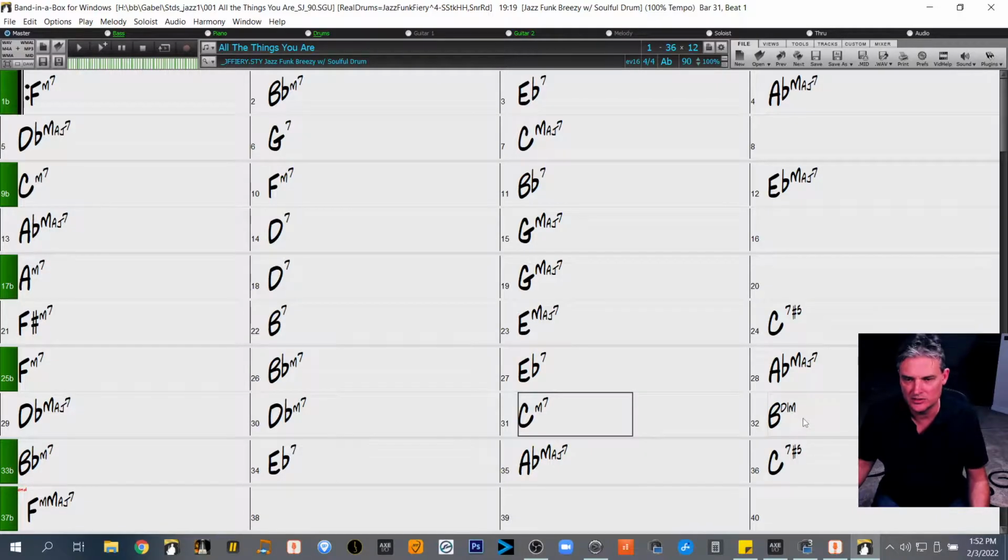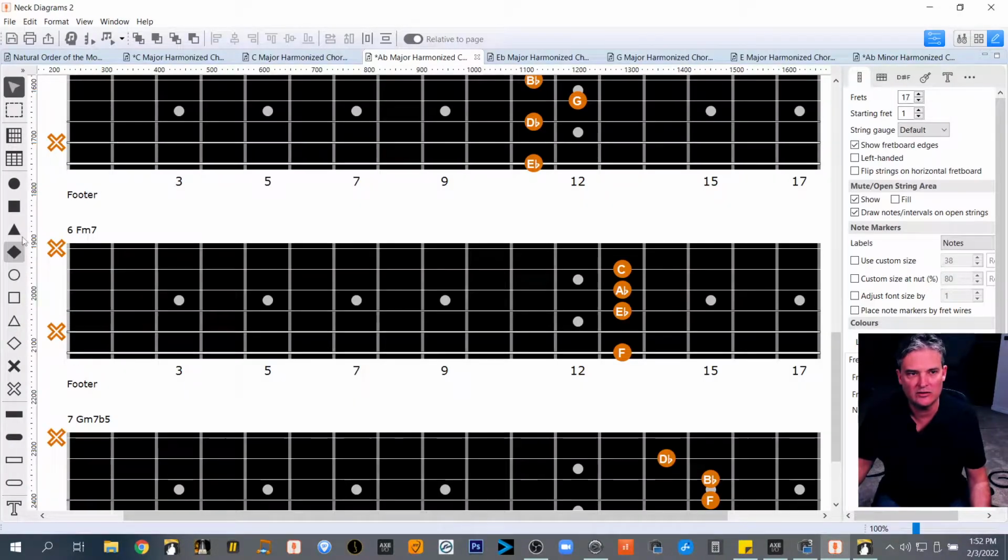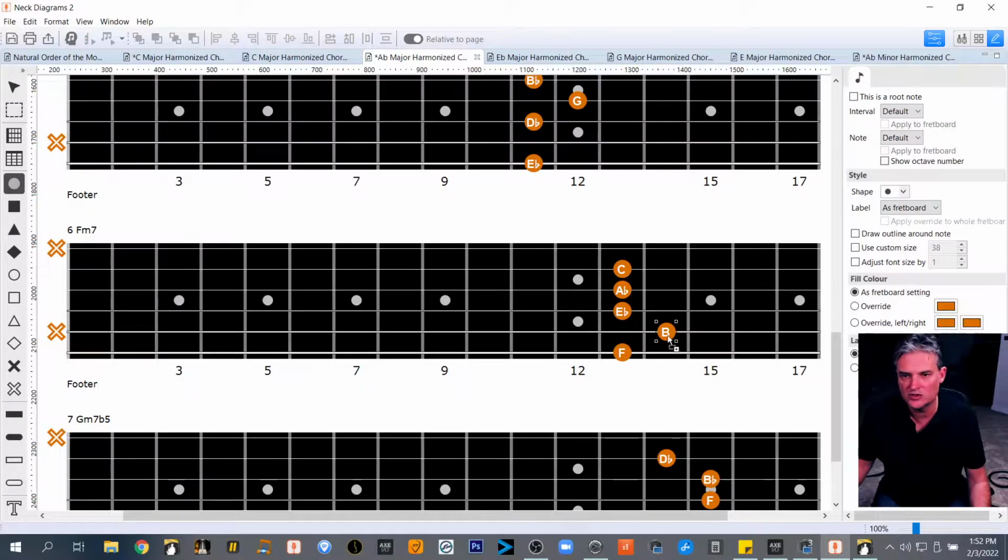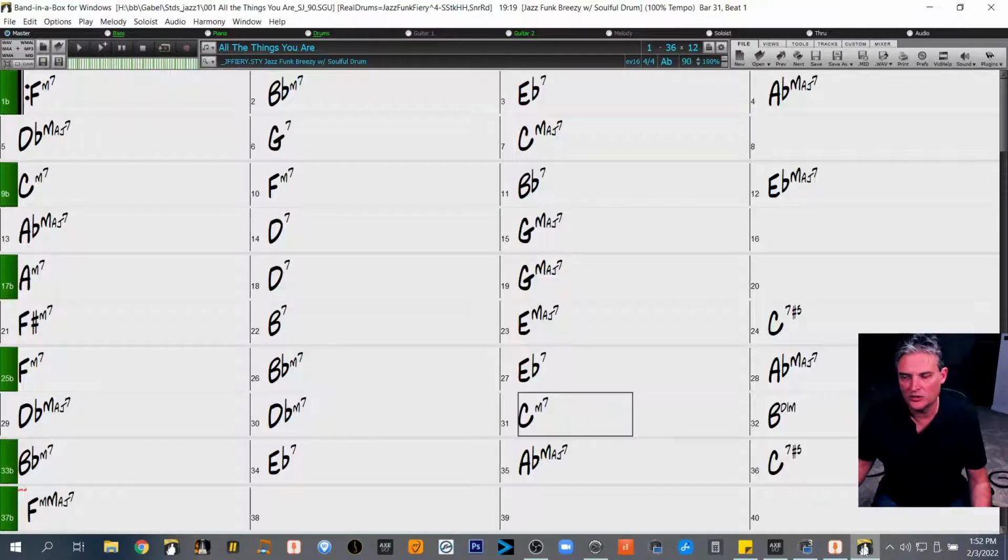We have B diminished. So I would say, well, what is a tritone away from F? If we go a tritone from F, it's B. There's your tritone interval right there. That's 3 whole steps away. So the composer, instead of using F minor, used B diminished. Diminished is a very tense sounding chord, and that just gives a stronger pull to the B flat minor,